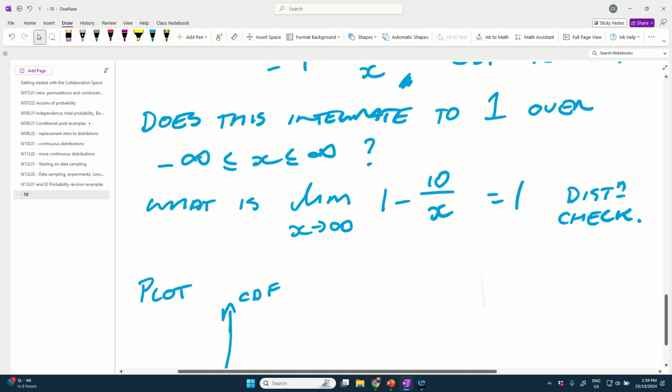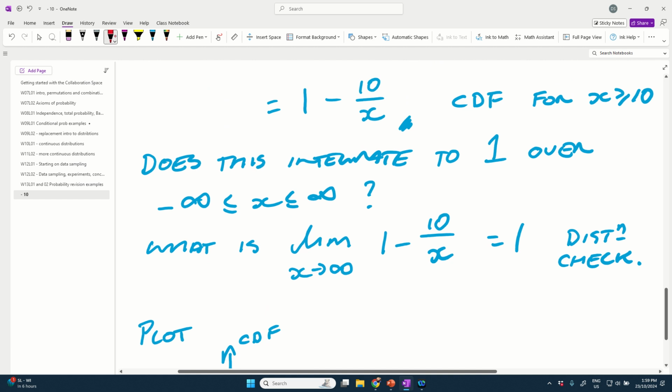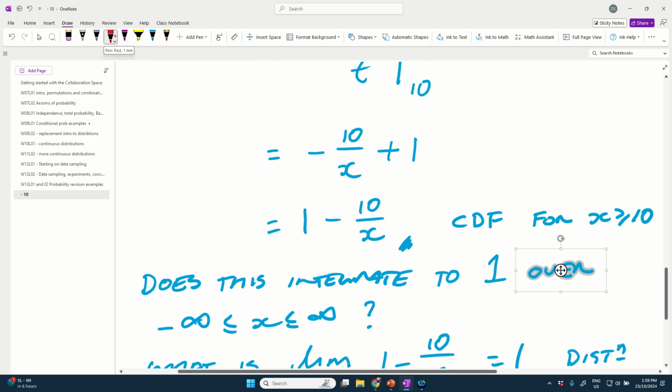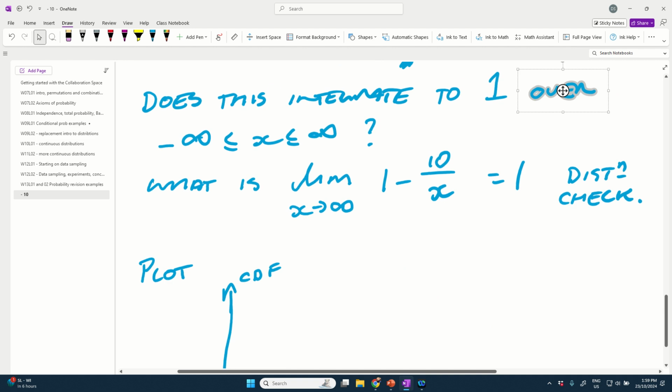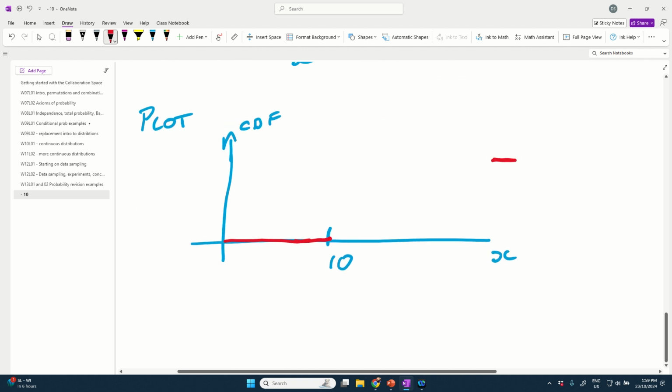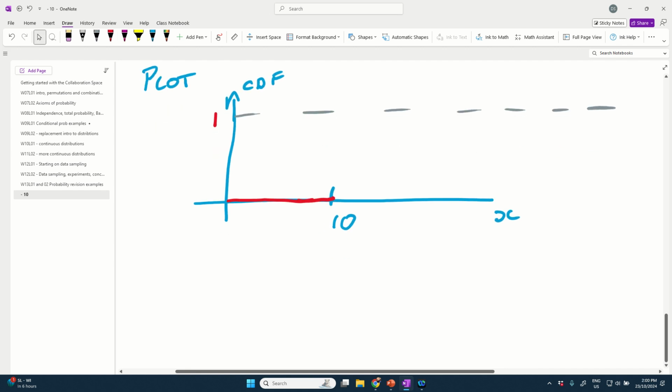So what does this look like? Well, at x equals 10, we've got 0. And as x gets bigger, right, this tends to 1, right? So we know that in our limit out here somewhere, we're going to be tending towards a value of 1. So let's just draw this in as an asymptote. We also know that we've got something that looks like this, right? This is, say, 10 over x,